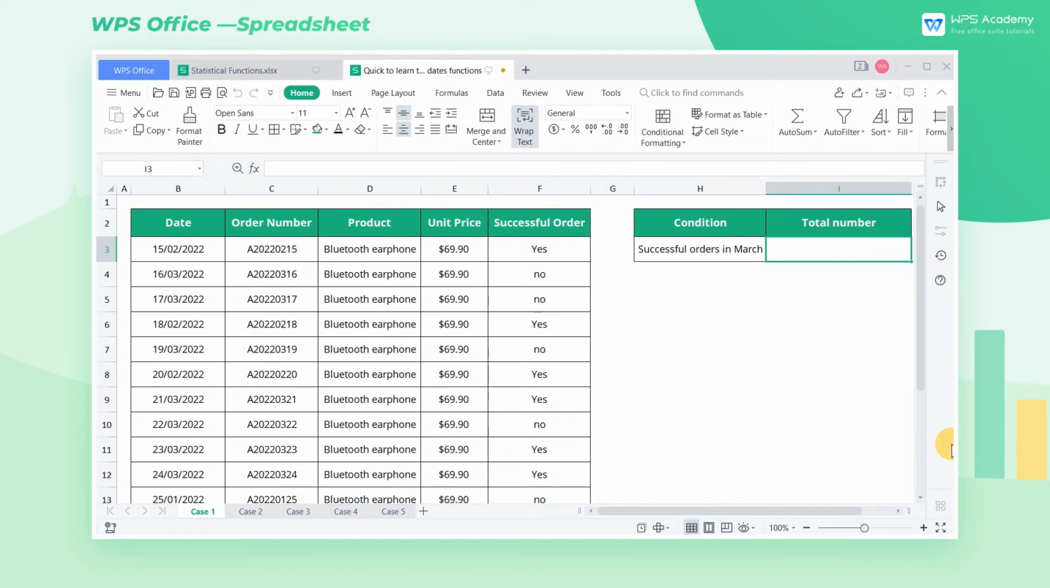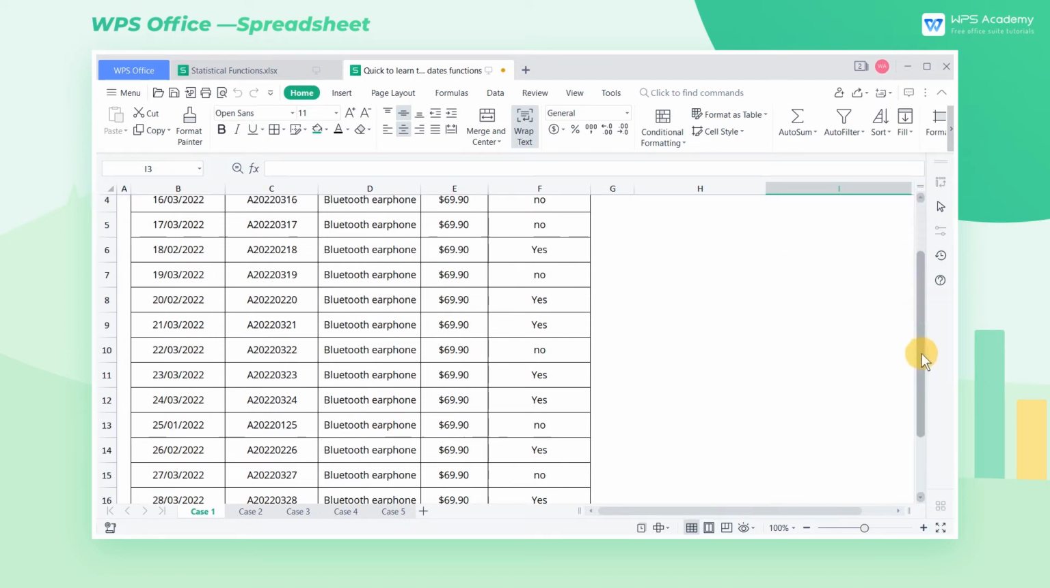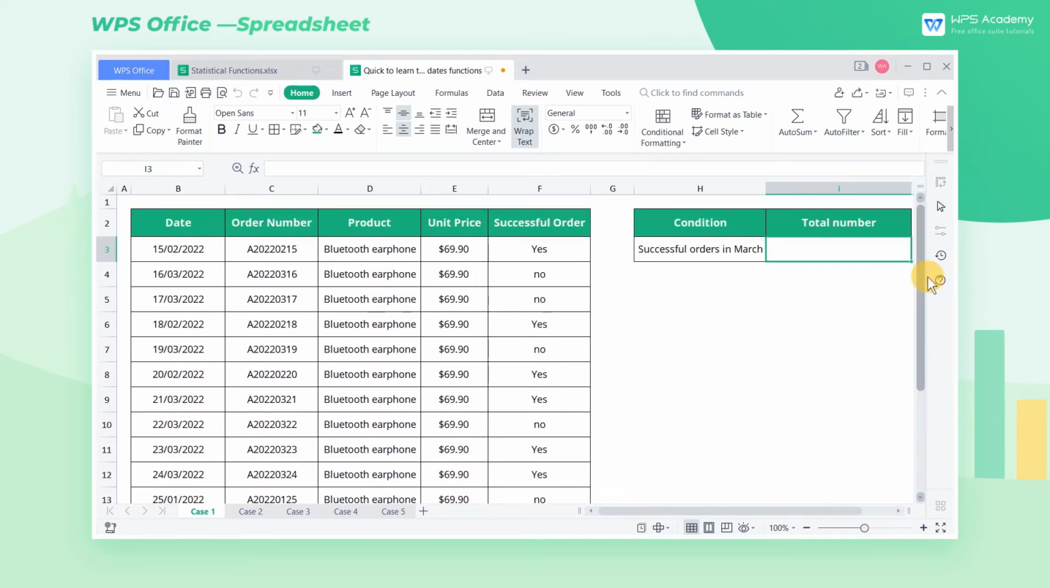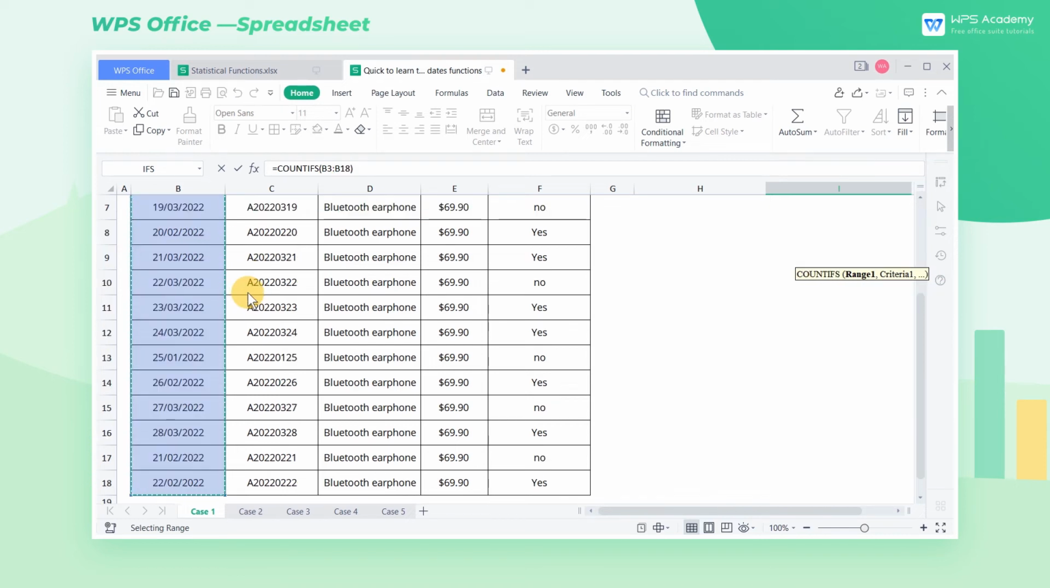This is an order record sheet that contains information such as the date, product, concluded orders, and canceled orders. What should we do to check how many orders were completed in March? To count the cells that meet the conditions, we can use the countifs function we learned earlier. Enter equals countifs in the cell and press the tab key. We want to count the number of data in March, so we select B3 through B18 in the first parameter